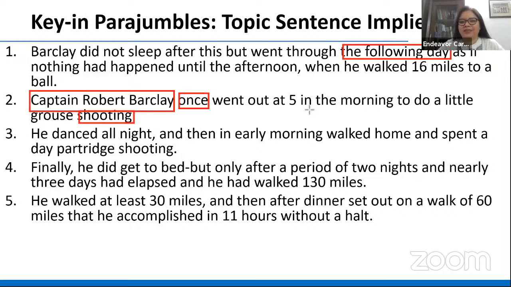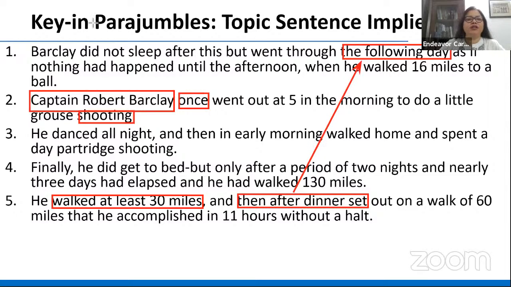What does he do for the rest of the day? That's what I find in 5. He walked at least 30 miles and then after dinner set out on a walk. That is what brings me to the following day. This is where I will talk about the following day, because he did not sleep after this but went through the following day as if nothing had happened until he walked how many miles? He walked 16 miles to a ball. When I talk of a ball, that is when the idea of a party comes up, and he danced all night, correct? So this sentence connects me